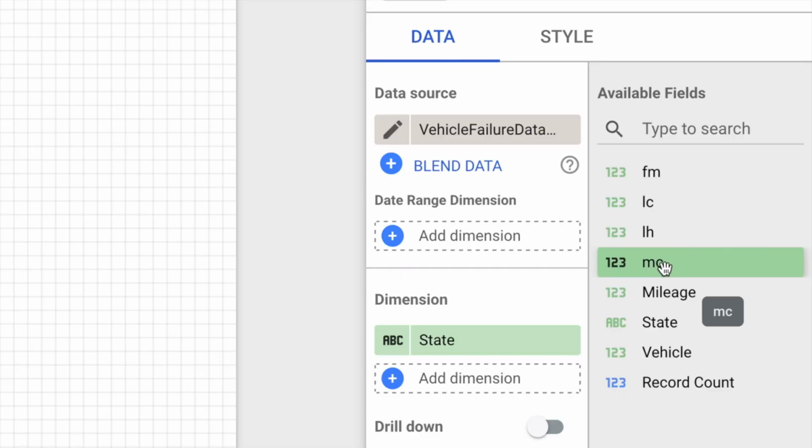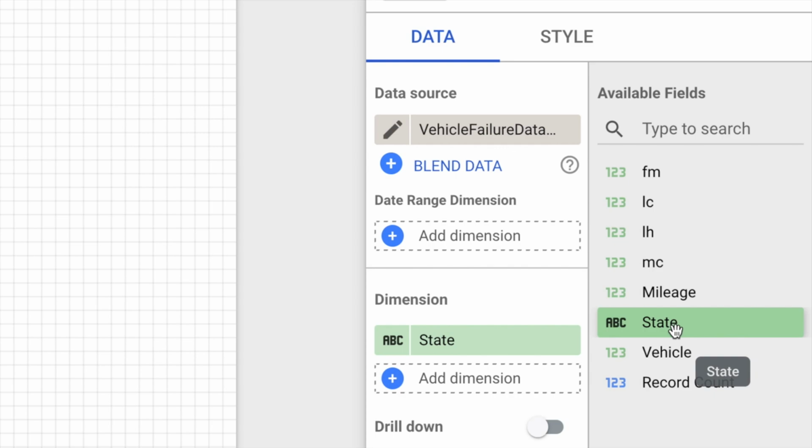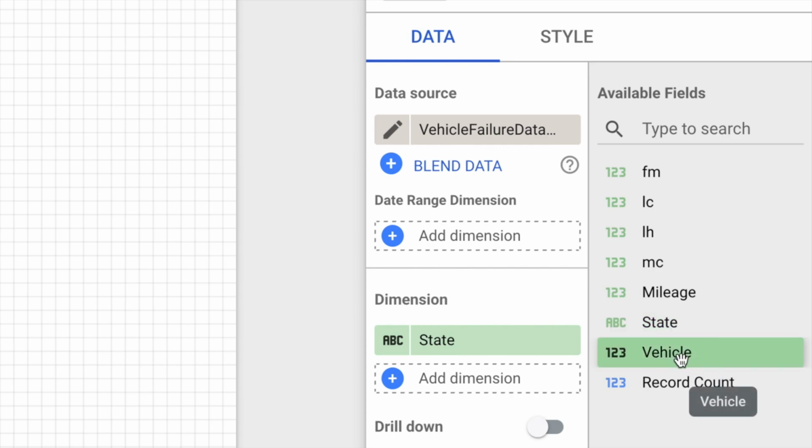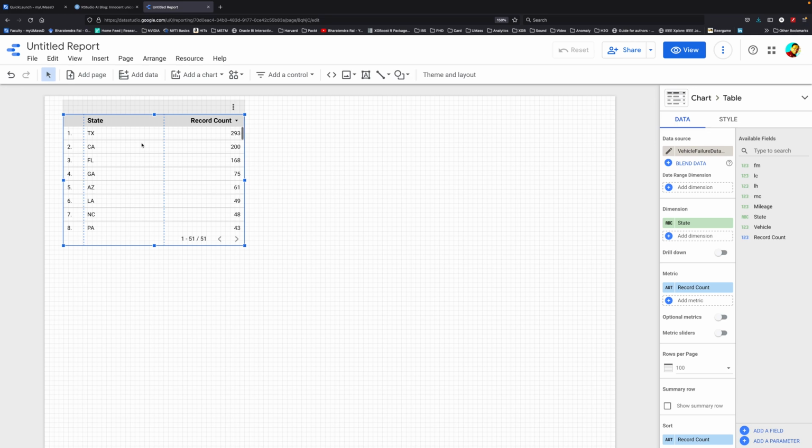MC is material cost. If any part is replaced, the cost is going to be shown here. Mileage is at what mileage it failed, then state it failed in, and then you have vehicle number like vehicle 1, vehicle 2 and so on. Record count is automatically generated by Data Studio. You can see that Texas has the highest failures, followed by California and Florida.